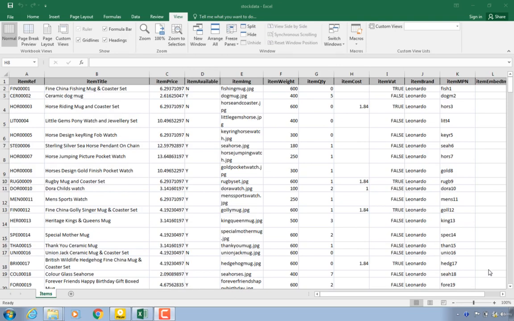In this lesson, we're going to learn about the length and the trim string extraction formulas that you're going to use in text manipulation within Microsoft Excel. So we're going to open the workbook called stock data, and we're going to